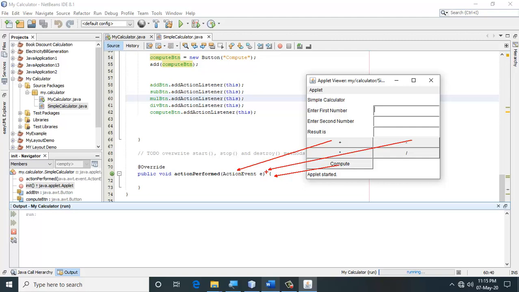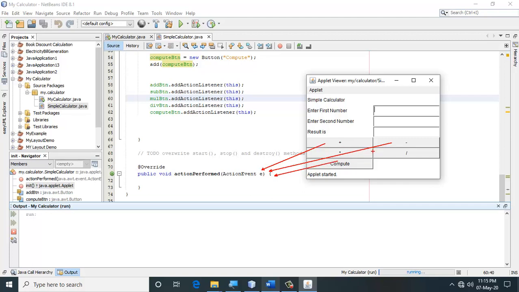Now when this method is called, you are supplied the action event. Because all the buttons are calling the same method, I have to distinguish whether the plus button is pressed or the minus button or the compute button.